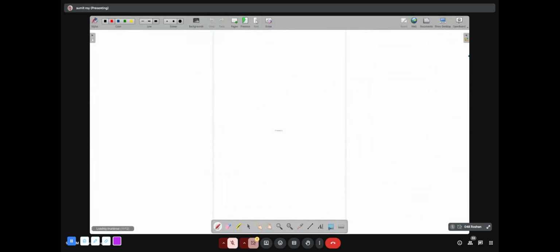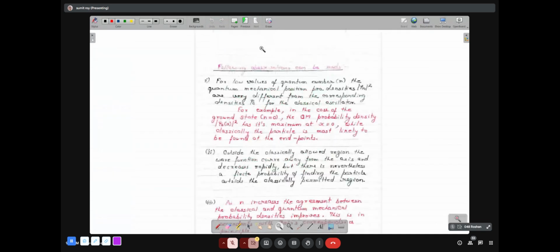So we will just quickly go through the conclusions written. They are very common now. For low values of quantum number n, the quantum mechanical probability densities are very different from the corresponding densities for the classical oscillator. For example, in the case of the ground state n equals 0, the quantum mechanical probability density has its maximum at x equals 0, while classically the particle is most likely to be found at the